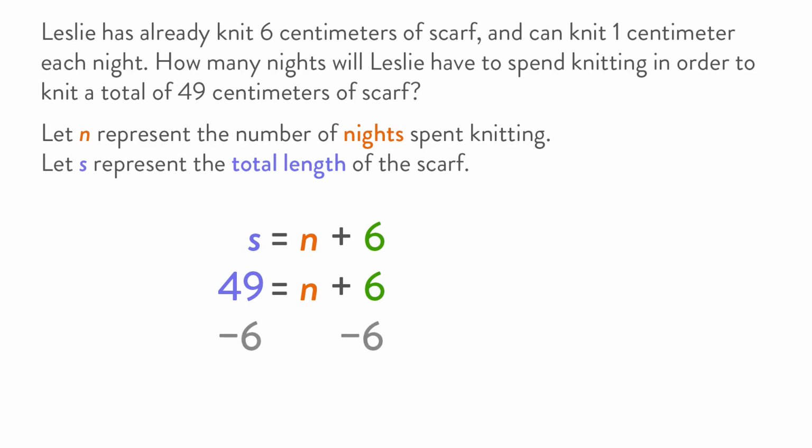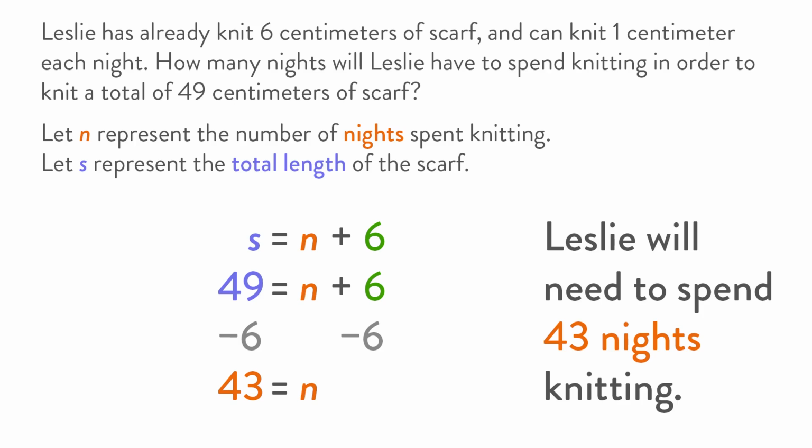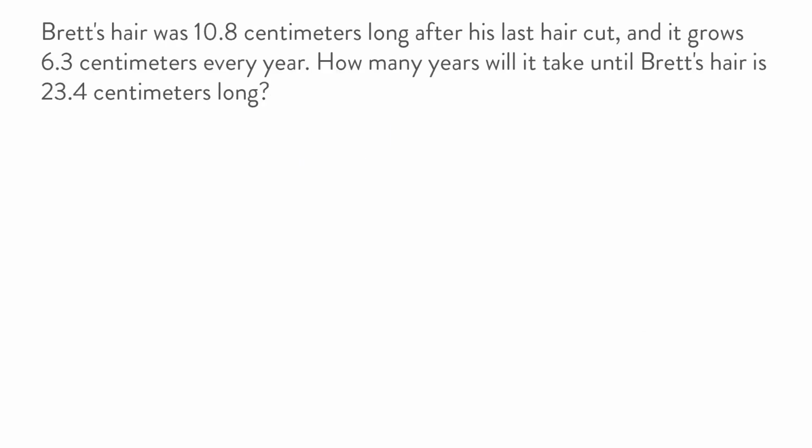Let's subtract 6 from both sides, leaving us with 49 minus 6, which equals 43. So N equals 43. So to knit a total of 49 centimeters of scarf, Leslie will need to spend 43 nights knitting. One more. Brett's hair was 10.8 centimeters long after his last haircut, and it grows 6.3 centimeters every